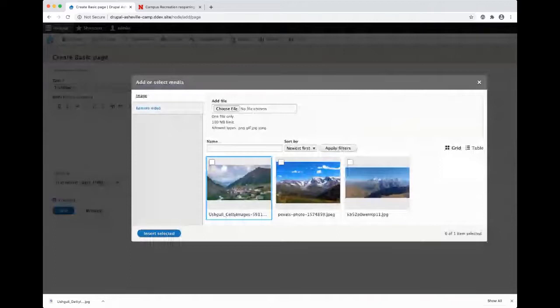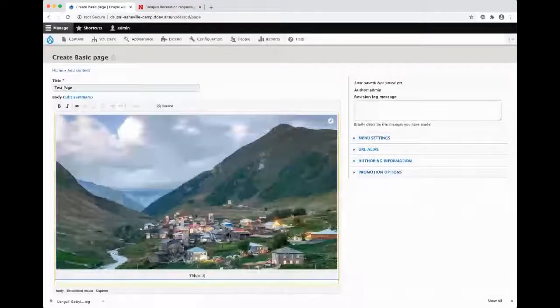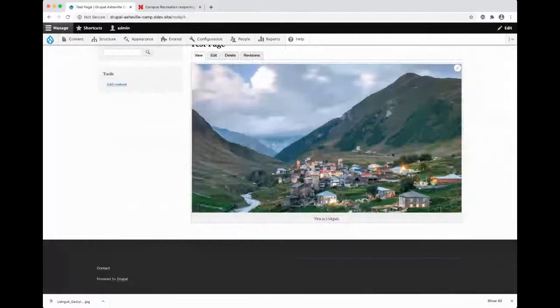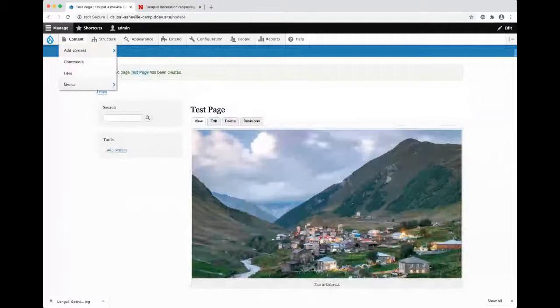We can change it and make it wide. We can also add a caption. This is Asheville. This is really a cool place in the Republic of Georgia. So lo and behold, there it is. You can also, if we were to add a video,